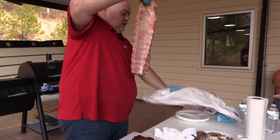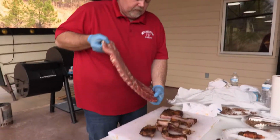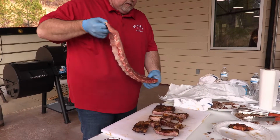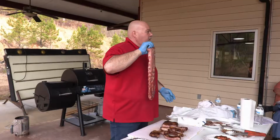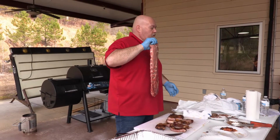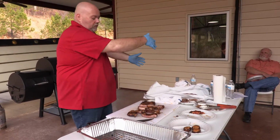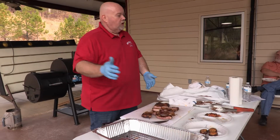Oh, thanks, brother. Is a loin back less fatty than a spare rib? Not necessarily. Okay. I always thought that's why I wanted them. They're just a little cleaner. They're a little bellies. Because when we pull a belly off of a pig, they rip it down the middle, and they'll pull the front shoulder off. They'll pull the ham